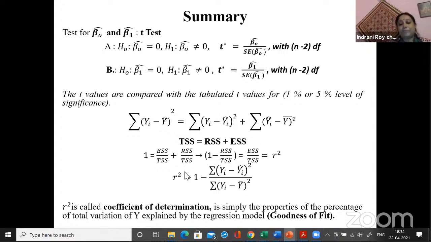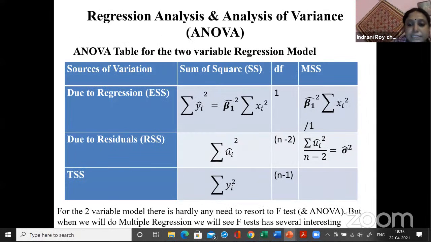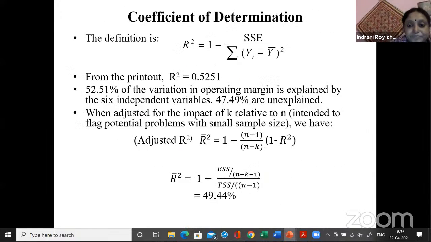That means once you have done the regression, you need to see the goodness of fit of the model which you have constructed in order to understand the causality. So this R squared value will tell you the percentage of the variation of your dependent variable y which is actually captured by the explanatory variable. Okay, so now we'll go to the Stata output.